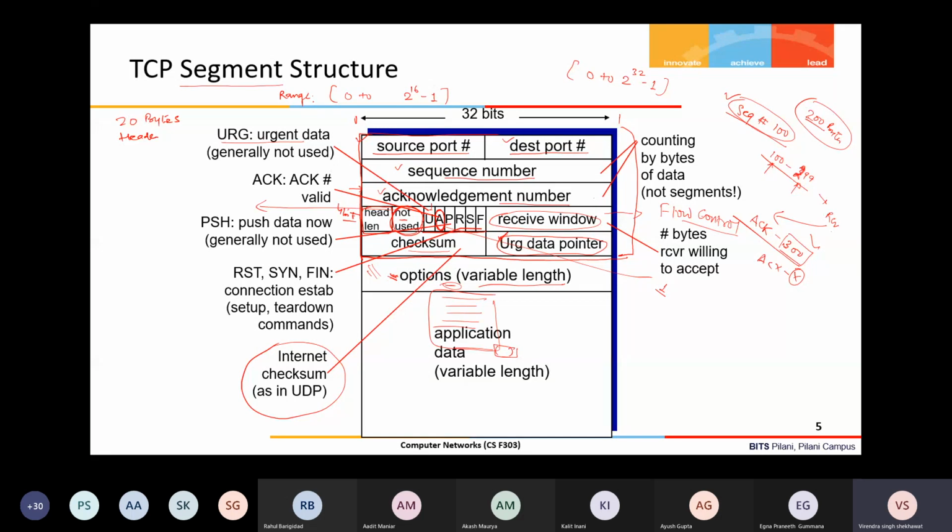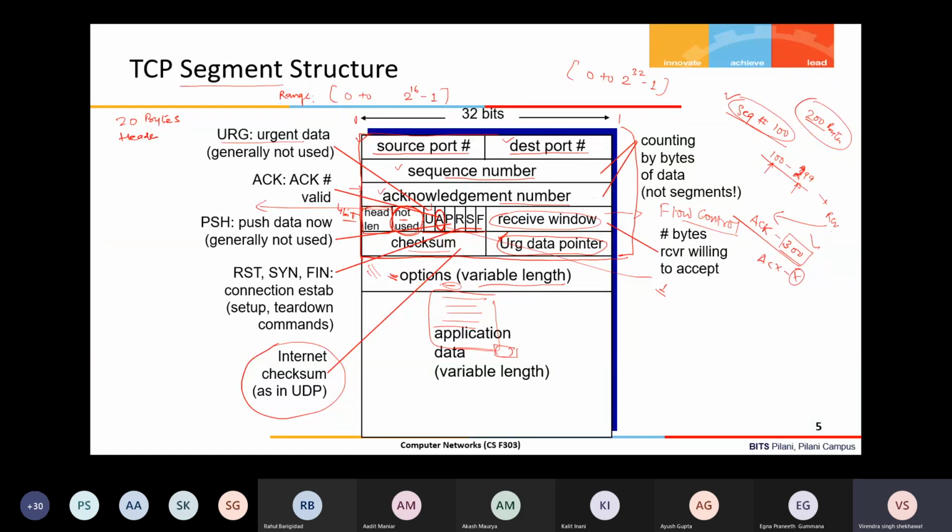Now how this urgent data needs to be treated is decided by the other side of the application. It is not the transport layer's job. The transport layer is just sending this information set by the sender's application to the receiving application. How it is interpreted depends upon the application semantics.